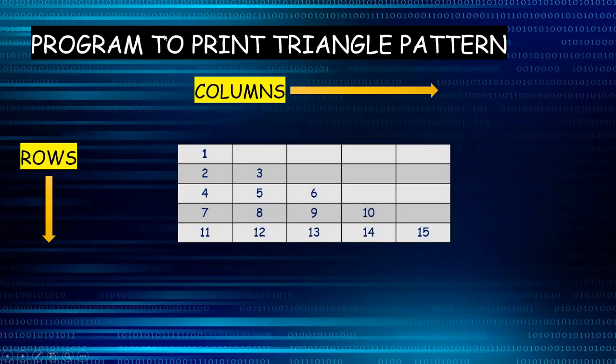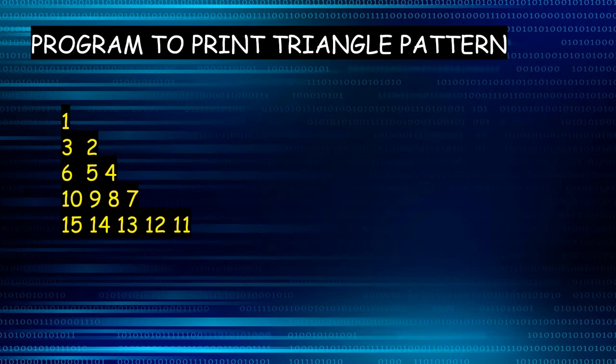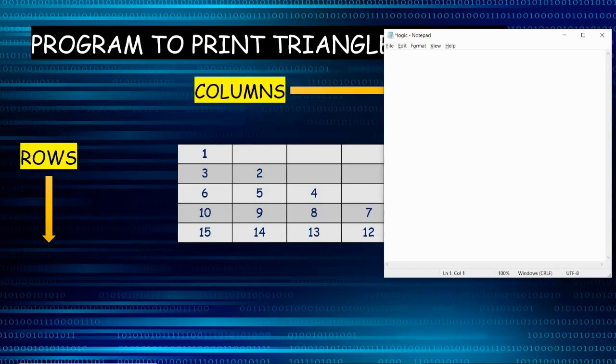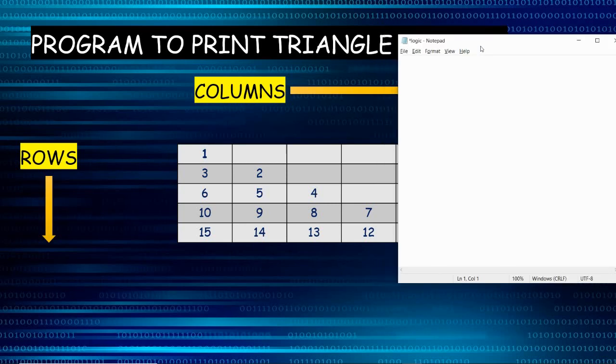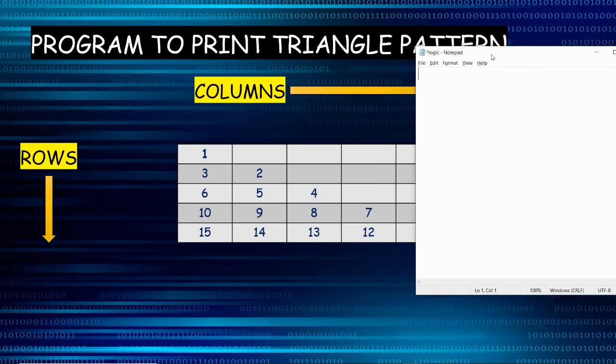The next program that we're going to see today is something similar to the one we have tried. Here, if you see the rows, the numbers are actually reversed: 3 2 instead of 2 3. So if we make slight modifications in the existing logic, we will be able to execute this program. Let's see how. Looking at the pattern now, again I'm breaking it into a table. I've written it in rows and columns, marking 1 2 3 4 5 along the rows and 1 2 3 4 5 along the columns.